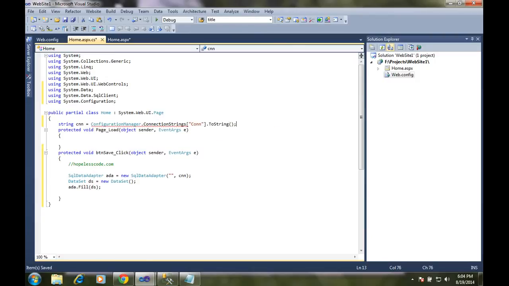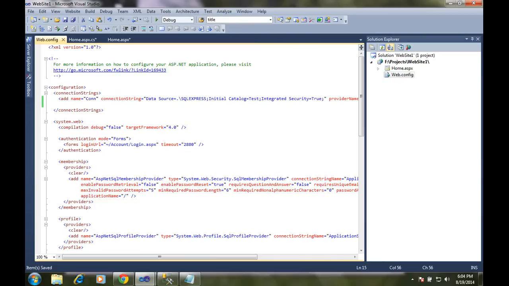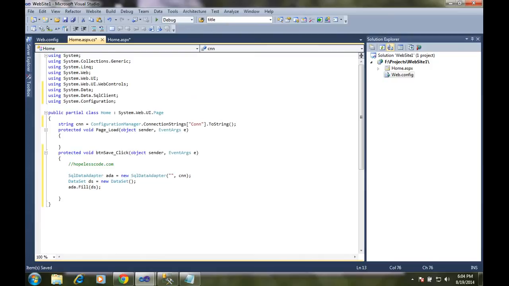What is this CONN? This is the connection. We are giving the connection name. That name, where the connection string is coming from, that name. That's it.